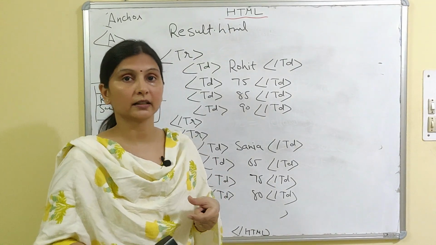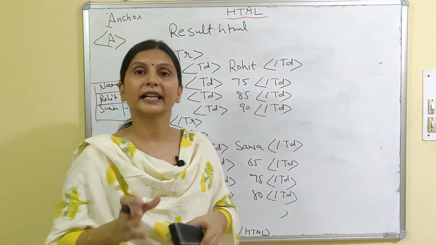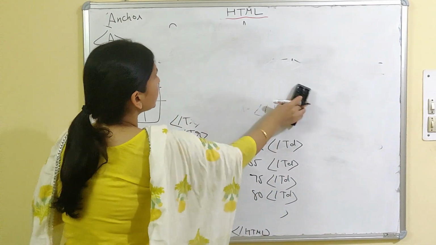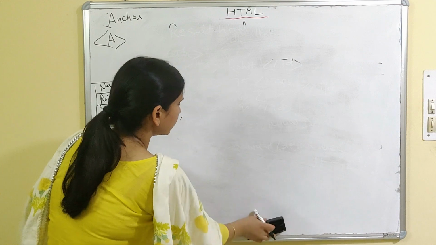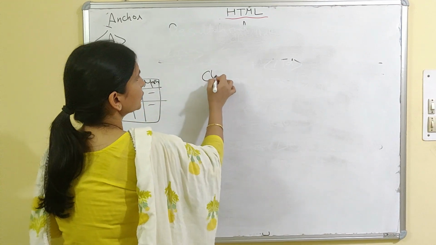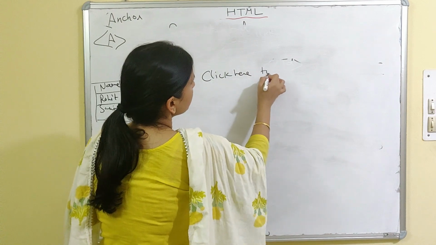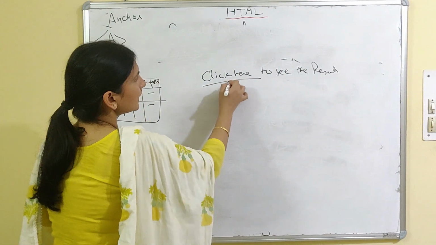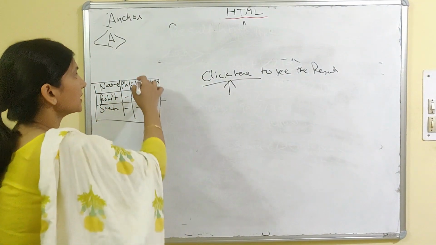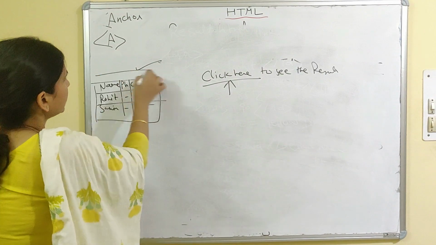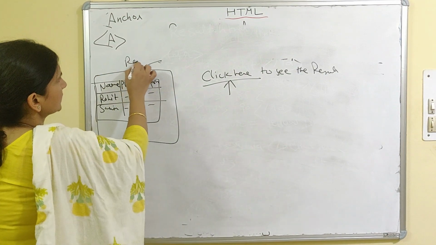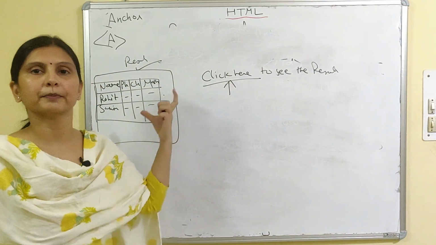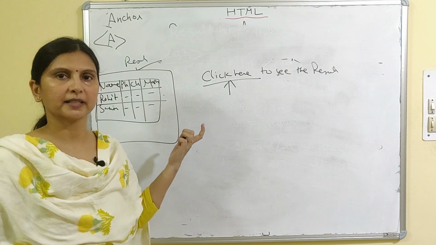Now how will you run the file? First you will run the link.html. So when you run the link.html, what will you get? You will get the output of the link.html, same which I told you. Click here to see the result. Fine. And when you click on click here option, then this file will be opened. What is this file? Result.html. This will be open. So we have created the link between two web pages by using hyperlink. I hope it is clear.